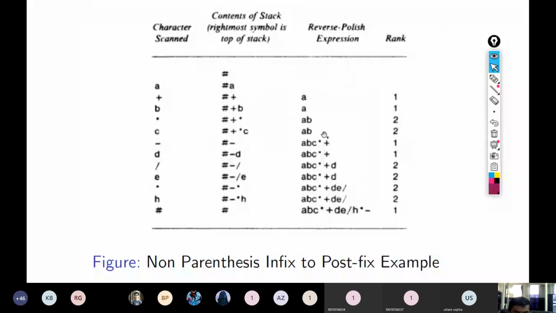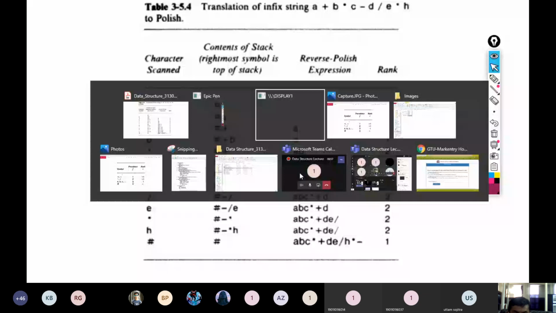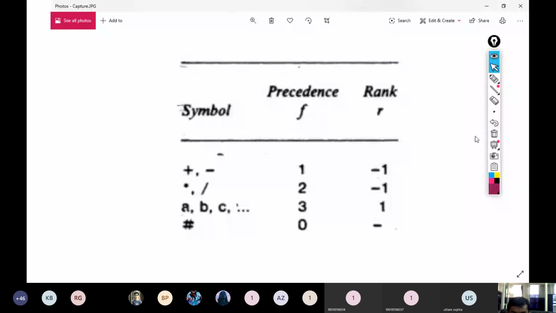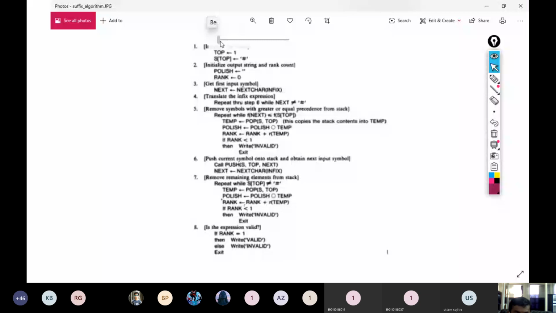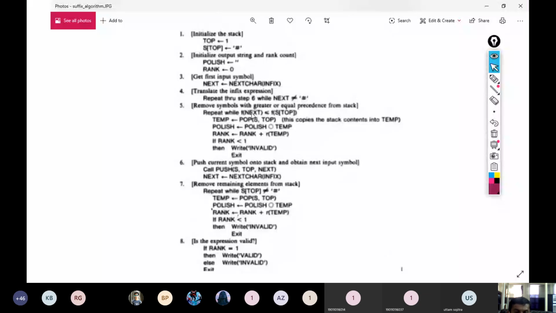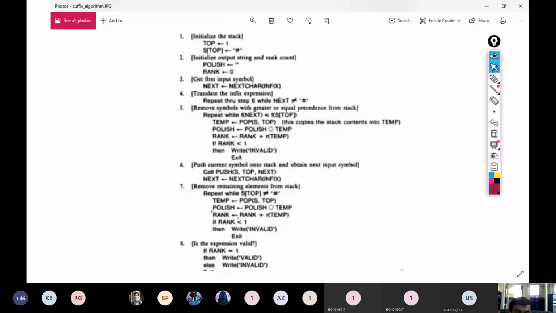Let me open the algorithm also. In this, you can see we always take the next character from the expression.